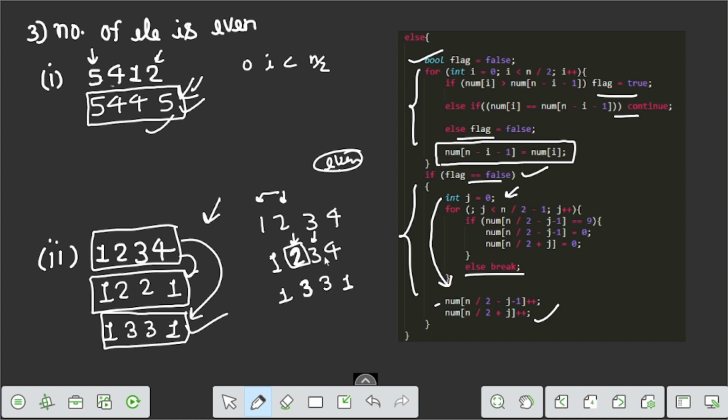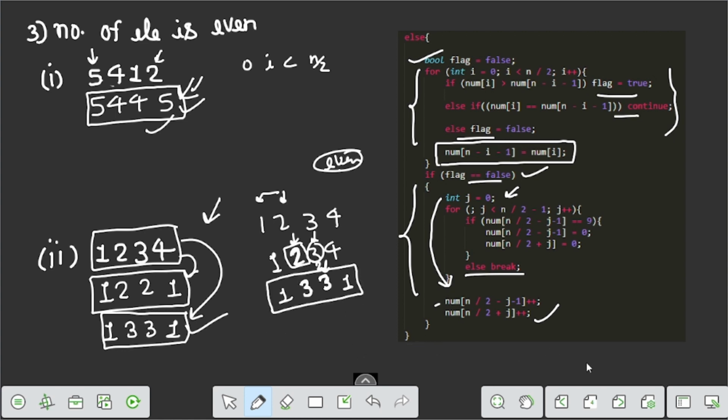Because we are changing this index to 2, we also increment this 2 to 3, which becomes the final answer.